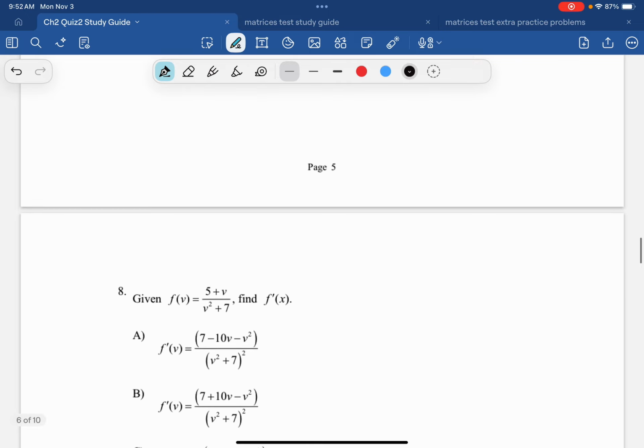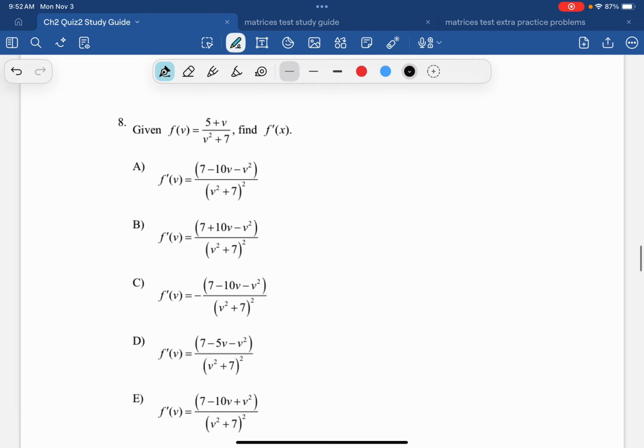Let's do the next one, question 8. Looks like there's a typo here, huh? This is supposed to be f prime of v. So we're going to take the derivative using quotient rule here. Not really a better way than that, so let's just do this. We're going to do low d high minus high d low. So low v squared plus 7 times d high, derivative of the top is just 1, because it's 5 plus